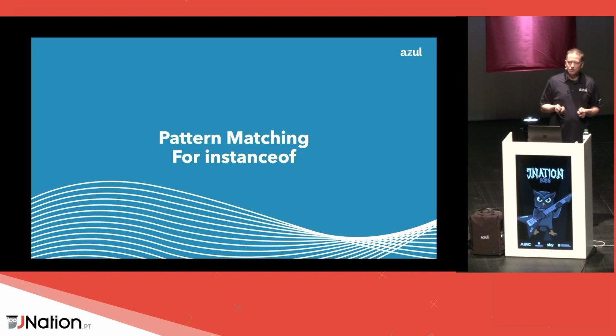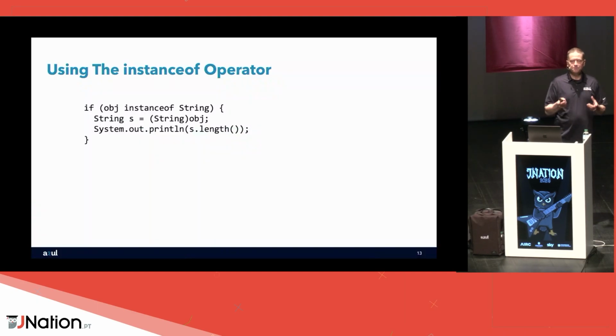The first thing that was introduced was the idea of pattern matching for instanceof. If we look at the instanceof operator and the way that it works in Java from the beginning, again, because Java is object-oriented, one of the features of object-oriented languages is polymorphism. Polymorphism says that when we view an object, we can view that object as any of the types which it represents. That's the concrete class that it actually is, any of the supertypes of that class, all the way up to Object, any of the interfaces implemented by that type, whether they're from the concrete class or any of the